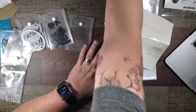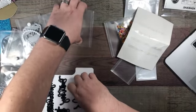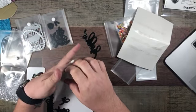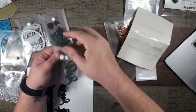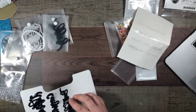And you can even take some of your sentiments, like this hello. So you want your hello sentiment in an envelope? Thank you, Connie. Go right ahead, put it in an envelope. Because the thing is, and I say this all the time to you guys, if you are making the investment in a die,